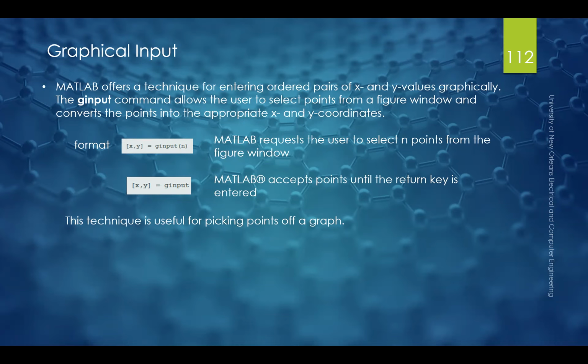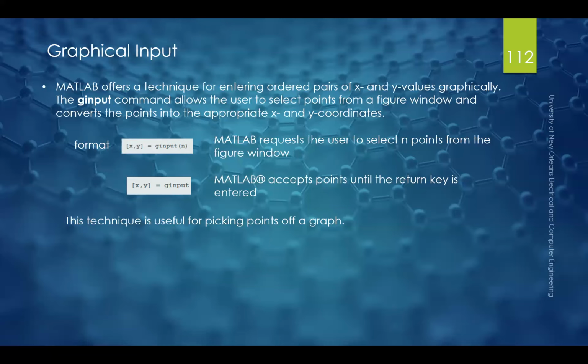So the format is you call the ginput command and you request n number of points that you can select in the figure window, and the values you select, which are interactively selected, are put into this XY array. The other option is to use it without the parameter n, and in that way MATLAB accepts points until you hit the return key. You'll see how that works in the next example, in the next figure,